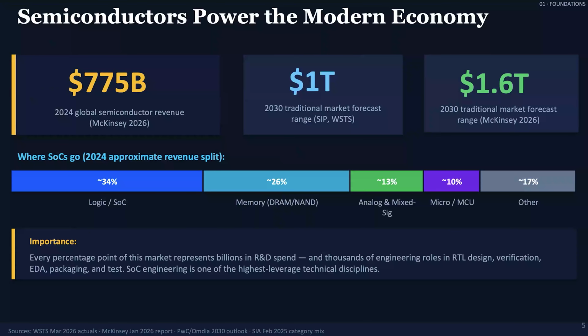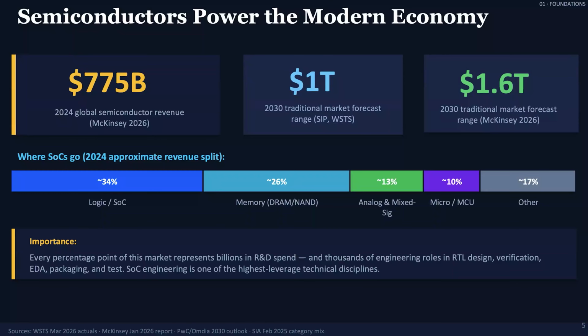Before we dive into the technical journey, let's first briefly look at the economic scale of this field. The semiconductor industry was already worth 775 billion in 2024, and it shows how large and strategically important this sector has become. Looking ahead, traditional industry forecasts show about 1 trillion by 2030, and recent analysis reports from McKinsey, using a broader market framework and very strong AI demand, show that this number could increase up to